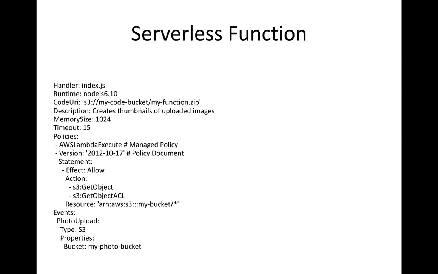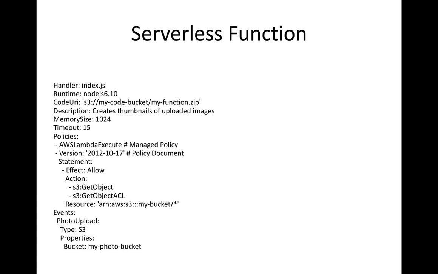Here we're specifying the Lambda function execution role. So we're specifying the policies that are associated with the Lambda function execution role. The nice thing is that with the SAM extension, I don't have to go and create a separate IAM role resource and attach policies to it and then associate it with my Lambda function. I can define my Lambda function and just specify the policies that Lambda function will use. And what will happen is that the CloudFormation will automatically create a corresponding IAM role with the specified policies associated